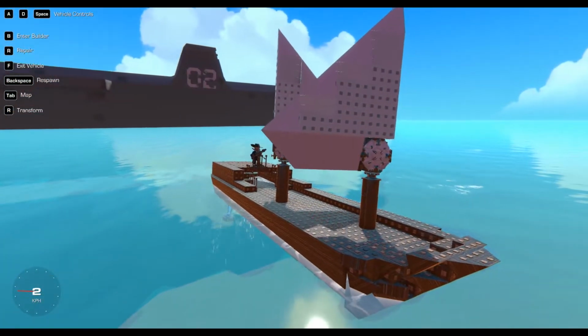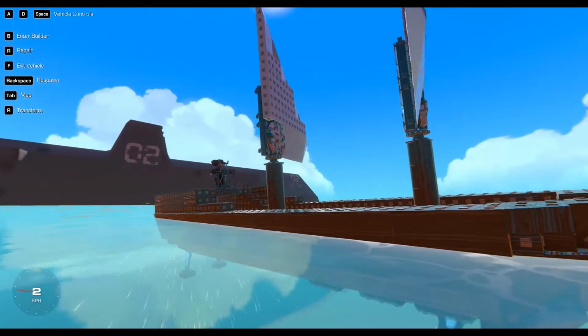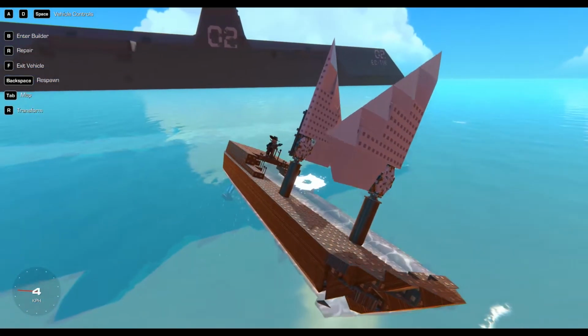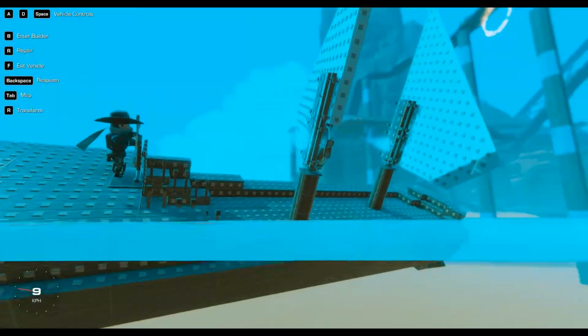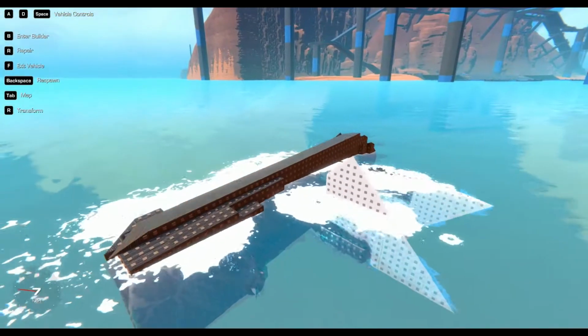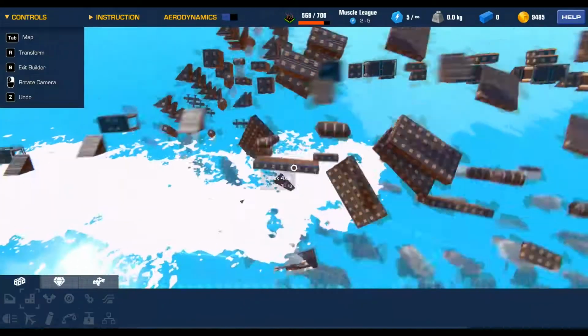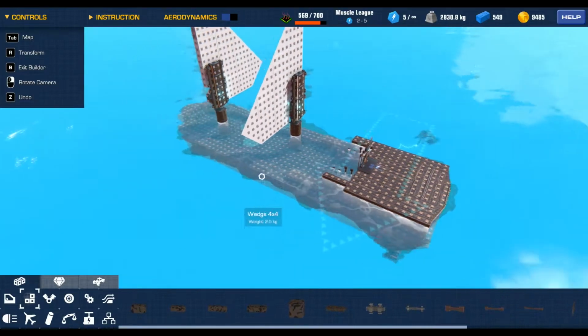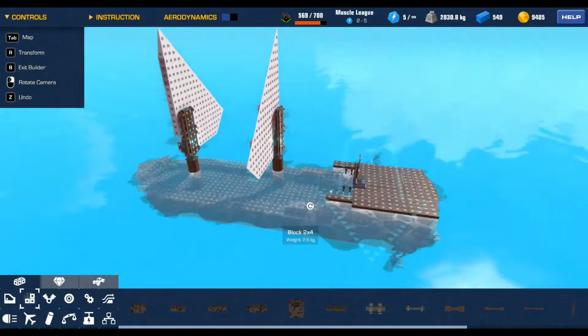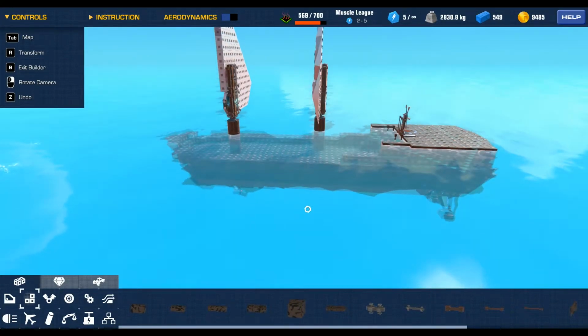Alright guys, so this is what I have so far. It is a beautiful looking ship. It has a good amount of sails and everything. And it's only powered by one hoverpad. Except for that issue. I have no idea why it's doing this, but everything is perfectly balanced as far as I can see. And I've noticed that this has been happening with